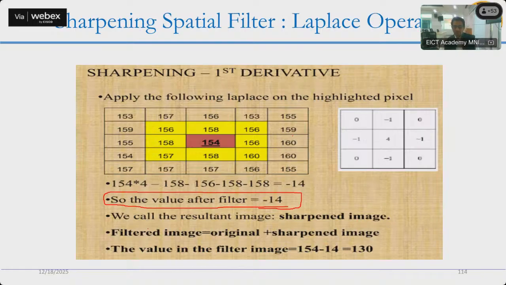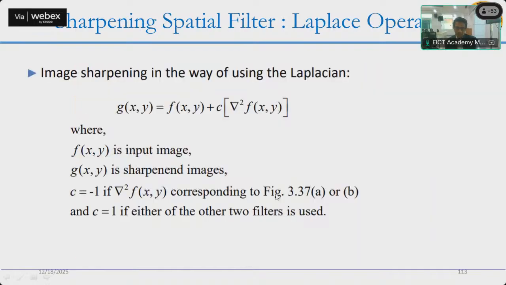Okay, so see, Pravesh is saying 140. Yes, if you recall what we are saying, we are basically adding the image here, g(x,y) = f(x,y) + c Laplacian of f(x,y), right? So we have done the same thing here. So what we are doing in this, go to this diagram.